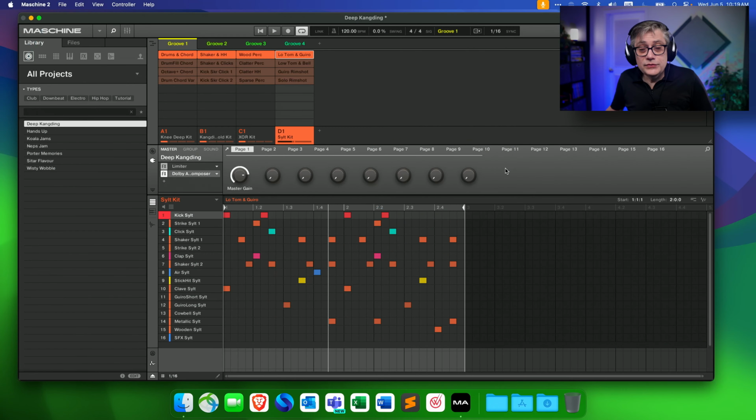And with that being said, let's go back to do some weird stuff with our Maschine. So let's first talk about how we can export everything into a Dolby Atmos master file, because that is probably one of the main reasons we wanted to go into Dolby Atmos in the first place. And that is actually very straightforward to do by using the export function in the Dolby Atmos Composer.